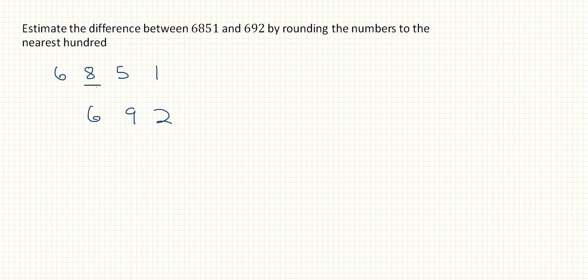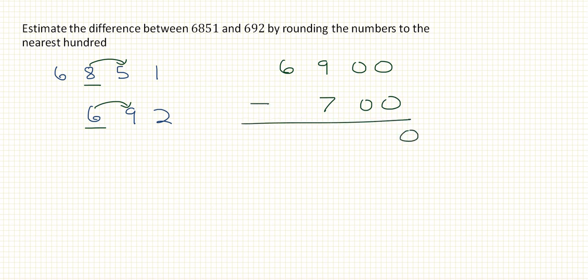So 8 is in the 100 position. We look to the right. You have 5 or more. So we're going to round up to 6,900. And then we look at 6 in the 100th position. We look to the right. We see a 9, which is 5 or more. So we're going to round up to 700 and then subtract: 0, 0, 9 minus 7 is 2, 6 minus 0,